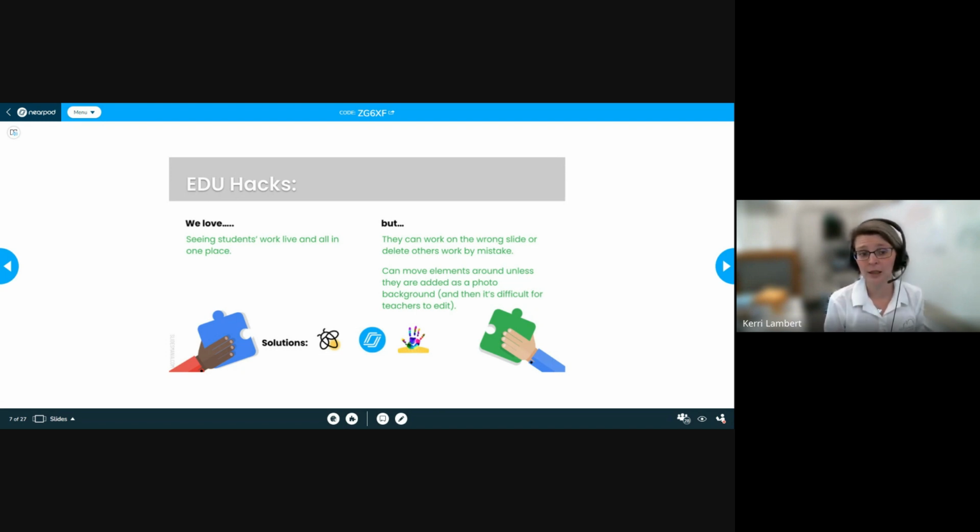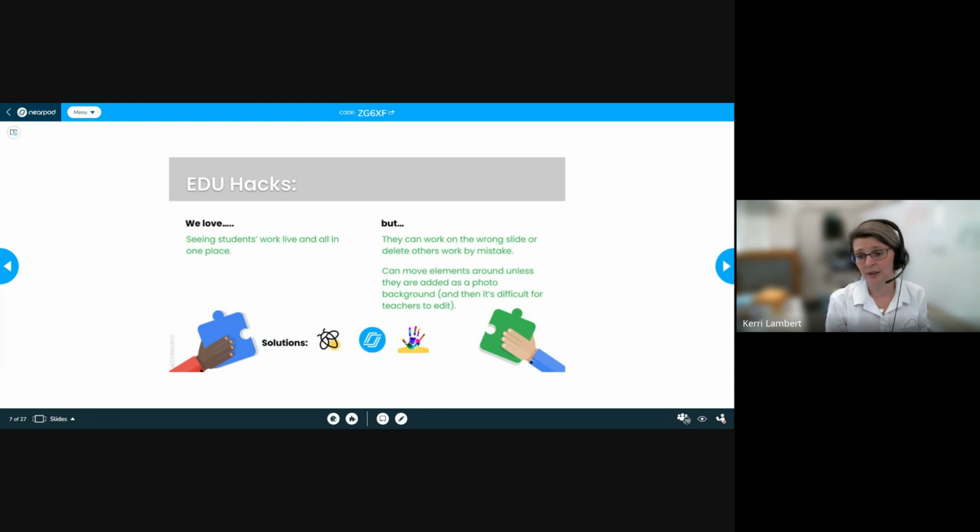So really, when we're looking to be able to see our students' work live, we have several options. Lumio, which you've seen today, we are able to view everyone's work live in Lumio. We can do the same thing with Nearpod. I have a Drawlet later on in the presentation where you are going to be working live and I will be able to go through and see all of that. If you are strictly working with our students, just doing some type of assignment, it's not attached to your lesson and embedded in your lesson delivery,